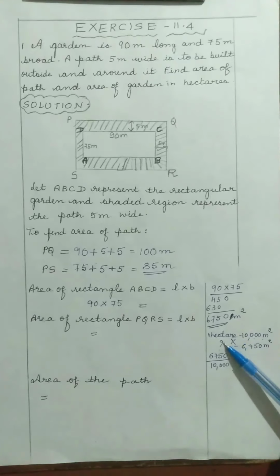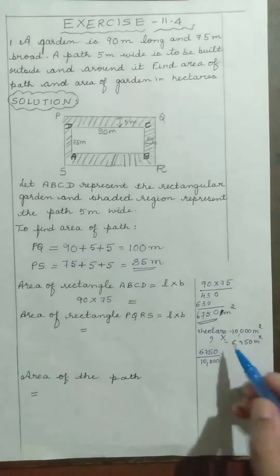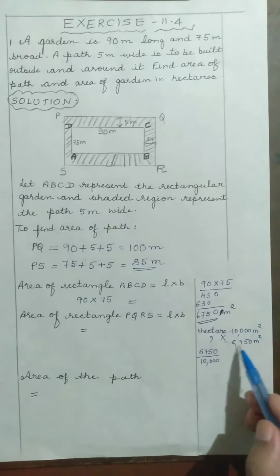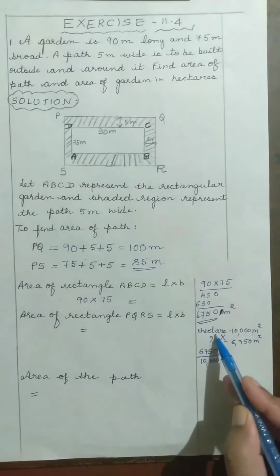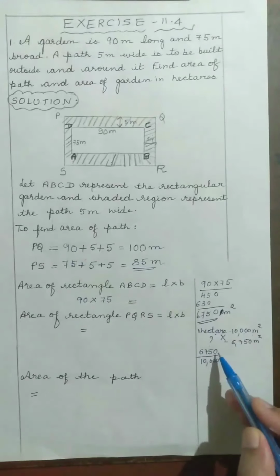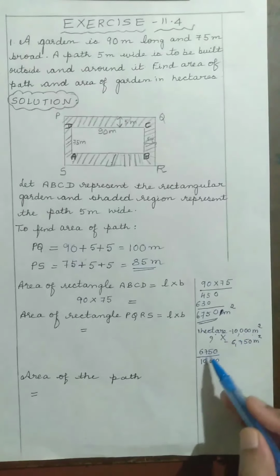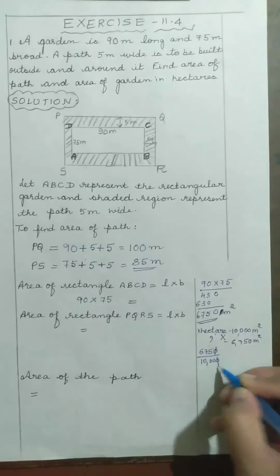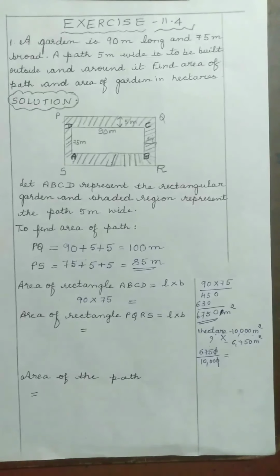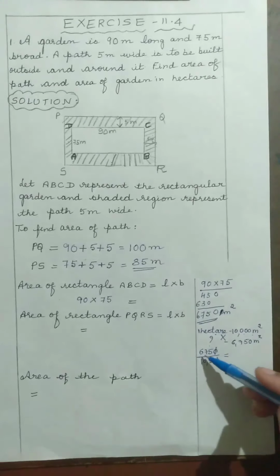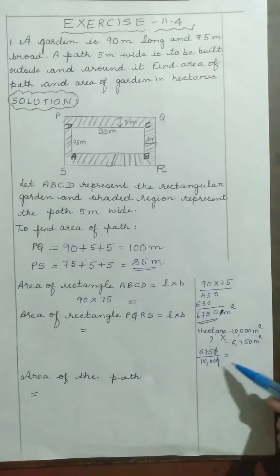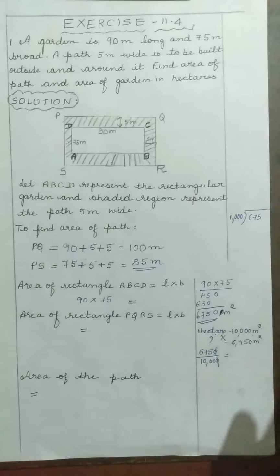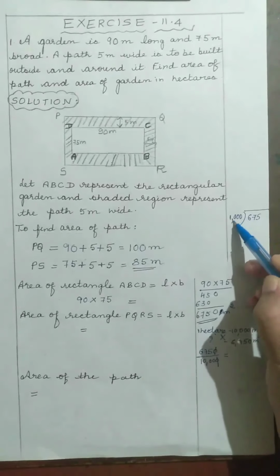Then we cross multiply. Therefore, on cross multiplying, children, we will get 6,750 into 1, equal to 6,750 divided by 10,000. The 0 of the numerator and the 0 of the denominator get cancelled. Then, now 675 divided by 1000, we will get. So here, children, while we do the division, 675 is lesser than 1000.